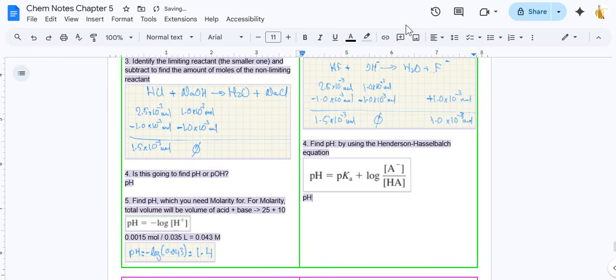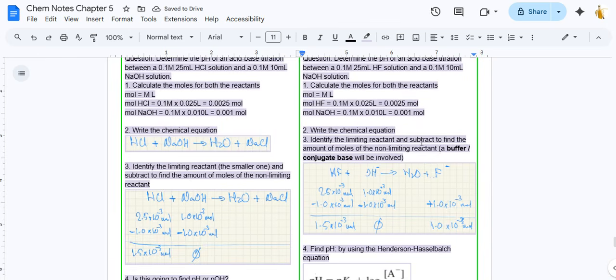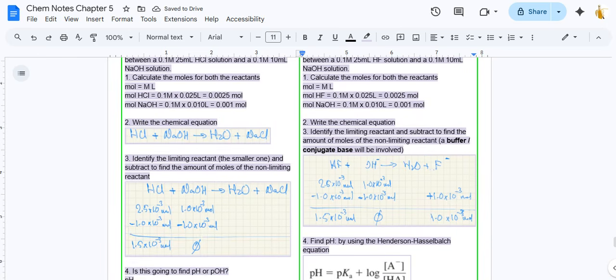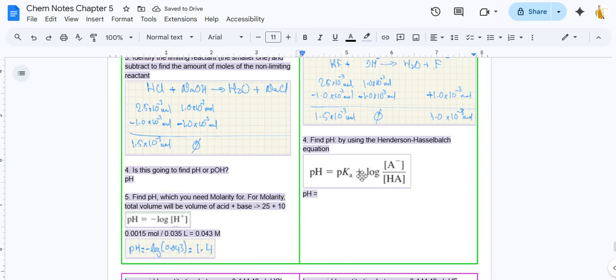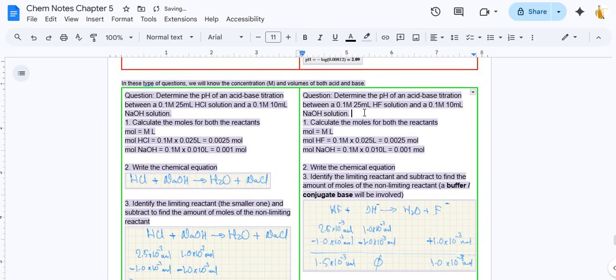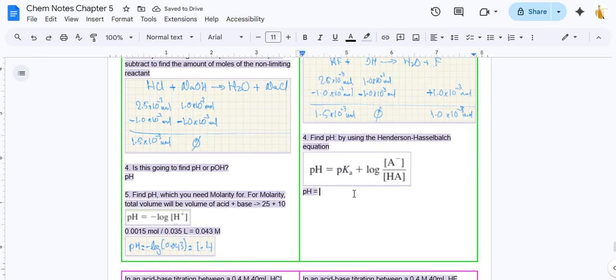So pH will be equal to pKa, which is given. I forgot to put that it's given here. The pKa, which is given, plus,